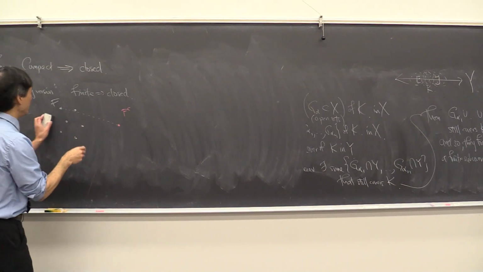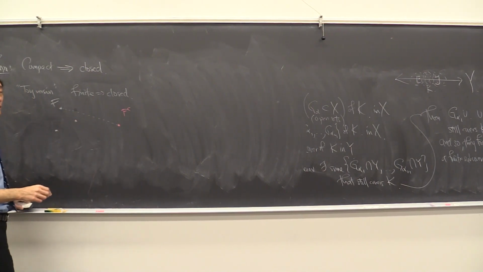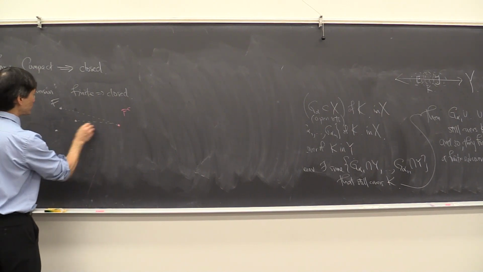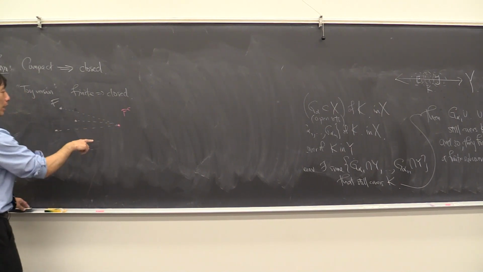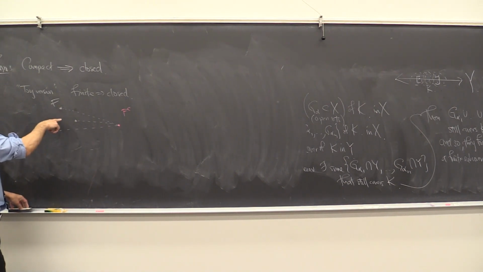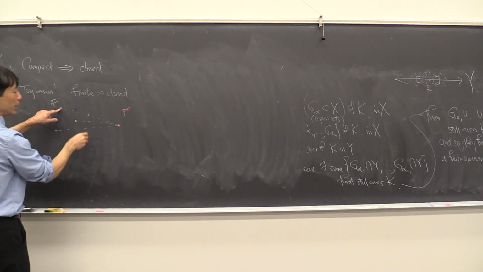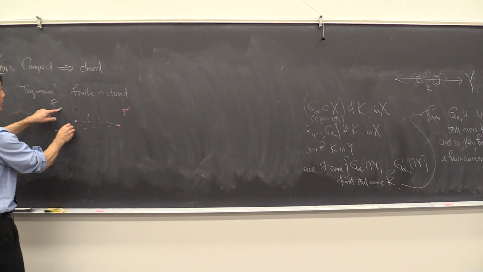So let me just reduce this down to 3 points. We're going to take distances. We want to find an open ball around this point that doesn't intersect these other points. So what we do is we take the distance between them and we cut it in half, and we take a ball